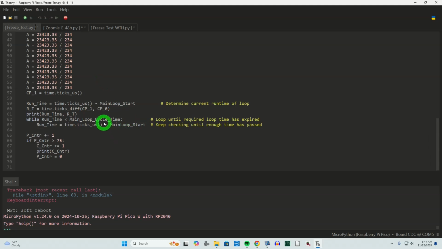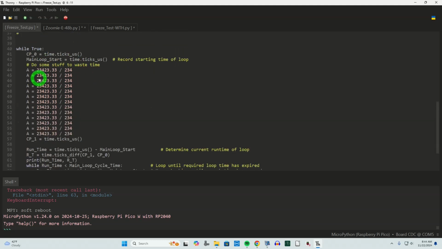Now, let's go ahead and I will run our first test. I'll demonstrate that. I won't have you watch the whole thing, I'll fast forward through the middle. But what we'll do is run this code, which, you'll see, has some silly stuff in here to waste time, just so I'm doing something in that main loop besides